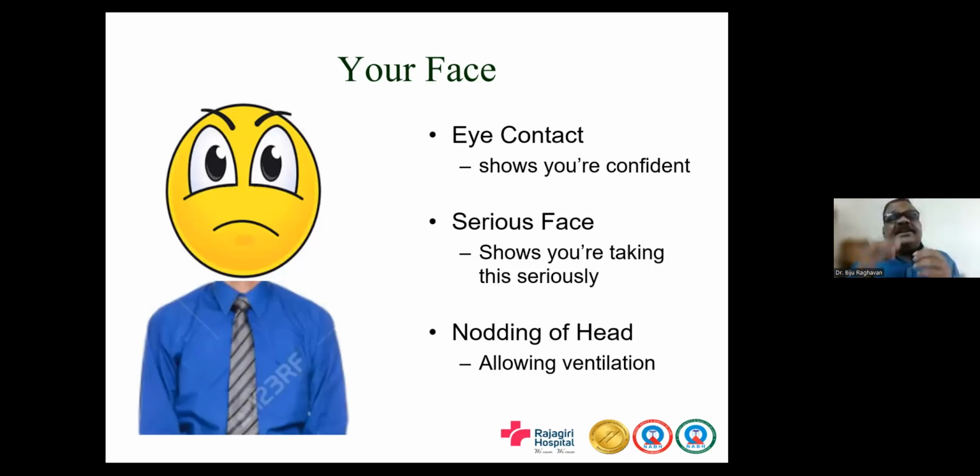Remember, when somebody is giving you attention, it gives satisfaction. Also, when you are in the presence of somebody who is very confident, it is not easy to sustain anger towards a confident person. So your face and your eye contact should show confidence, show that you're not scared, but